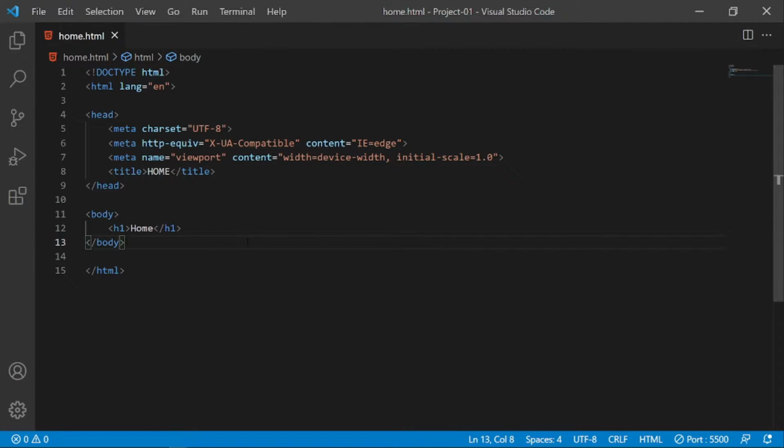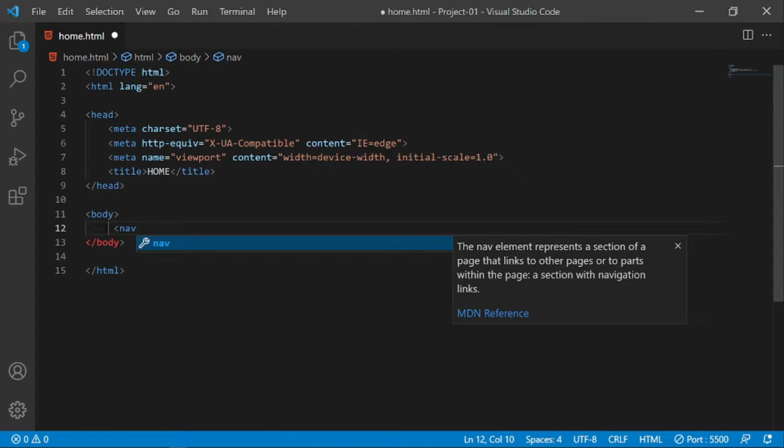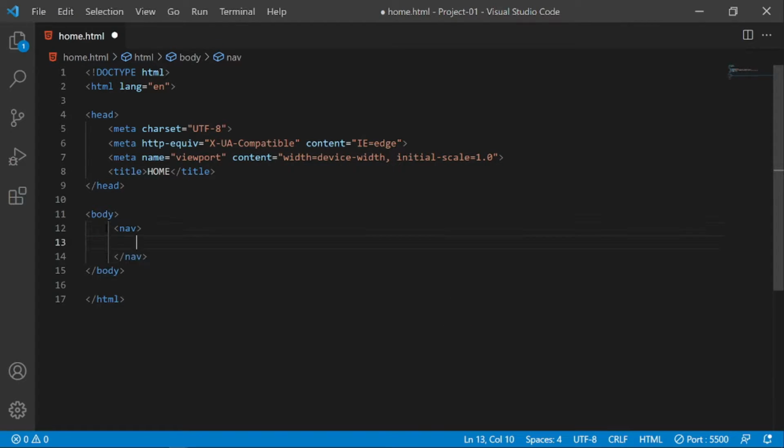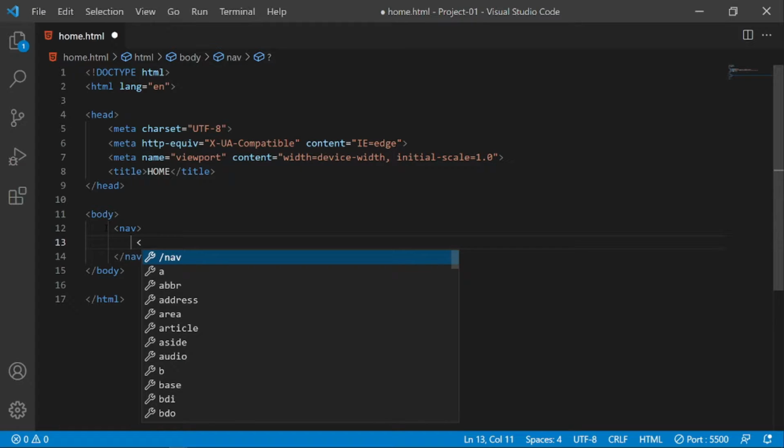Okay guys, now we are in the home page. First I will remove this heading one, and now first we will be creating a navbar here. To create a navbar, there is a tag name called nav. This tag does nothing, it is similar to div. When we use it with Bootstrap, we have some changes, and in HTML this doesn't make sense. Okay, first we will create three links for homepage, courses and logout.